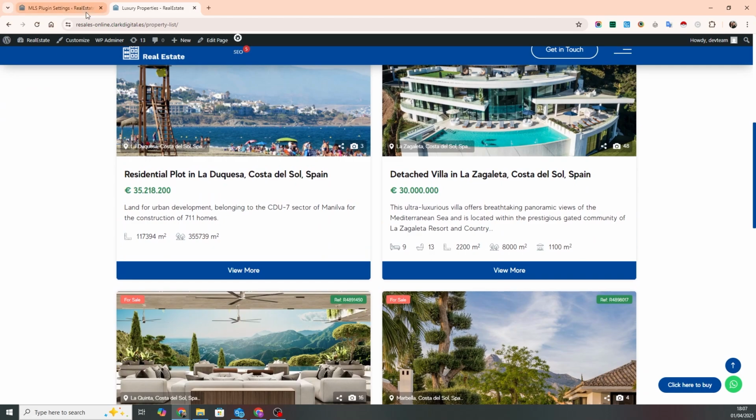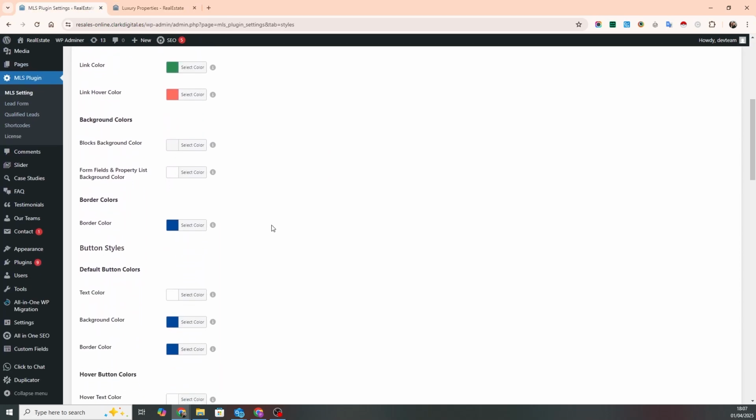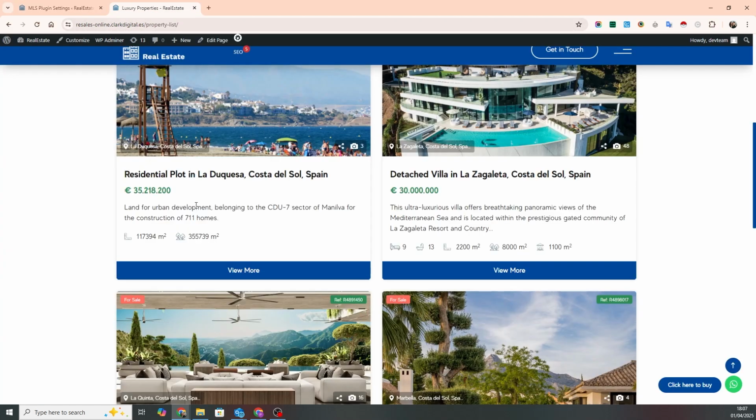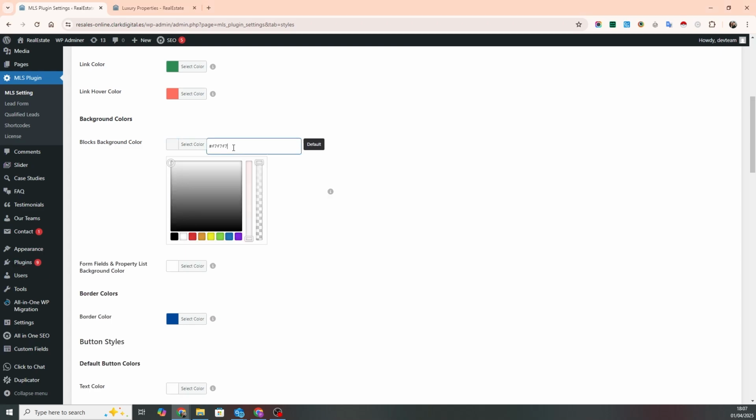So the next styles are then background colours. So the background colours, well, you'll see now, but there's the background of the blocks here, for example. You might want to keep that a light colour. You might want to have a darker colour. If you want a darker colour, then don't forget you need to change to dark mode. But we'll just stick with a snow white for